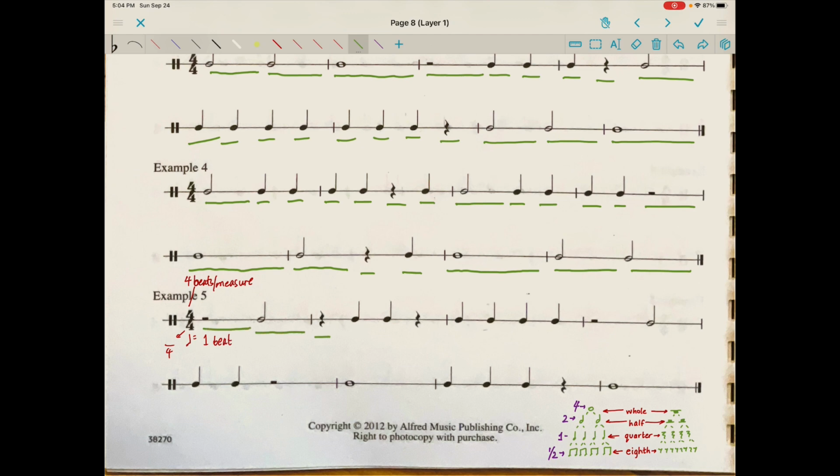Do, do, do, do, do, do, do. Do, do, do. Do, do, do, do,